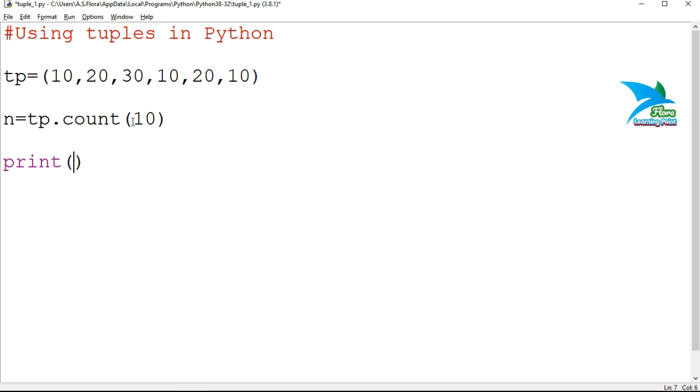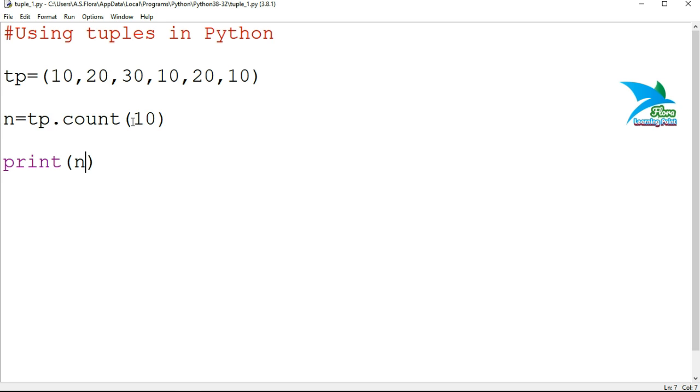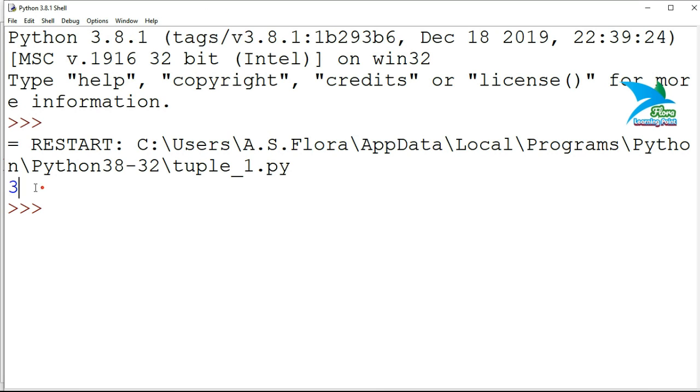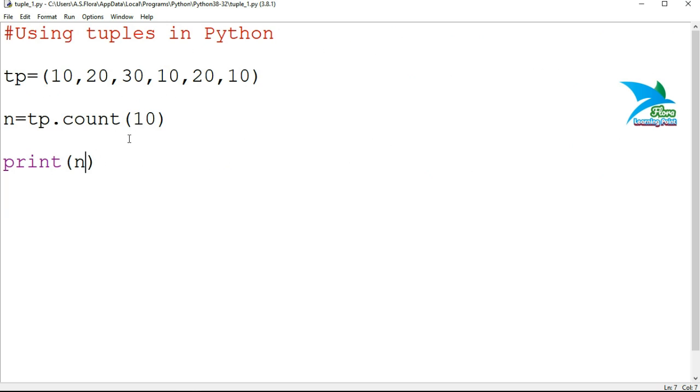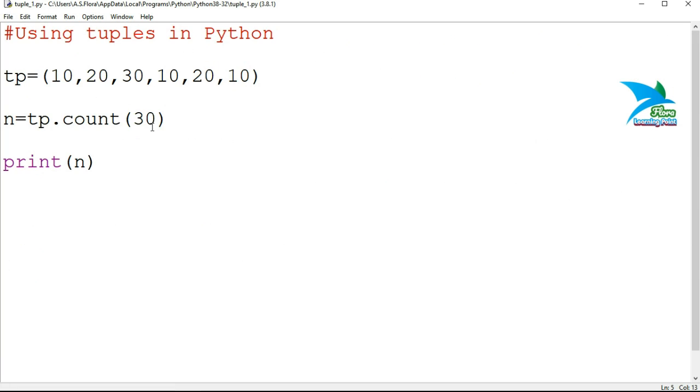So according to this list we are having three occurrences of 10. So let's check. So now system returns 3 because 10 occurs 3 times, but if you will search for 30, 30 occurs only one time, so system will return 1.